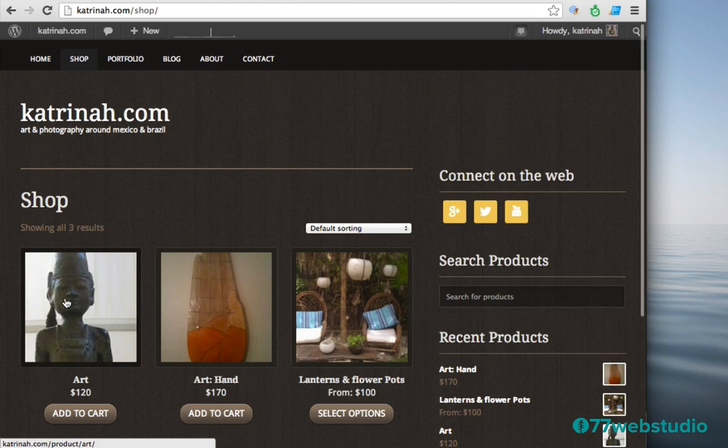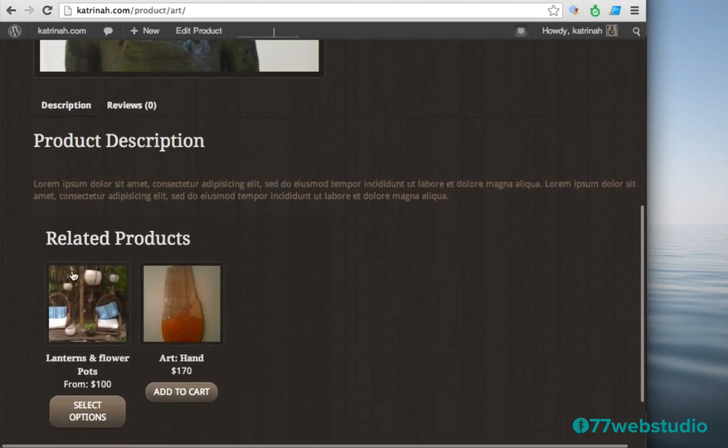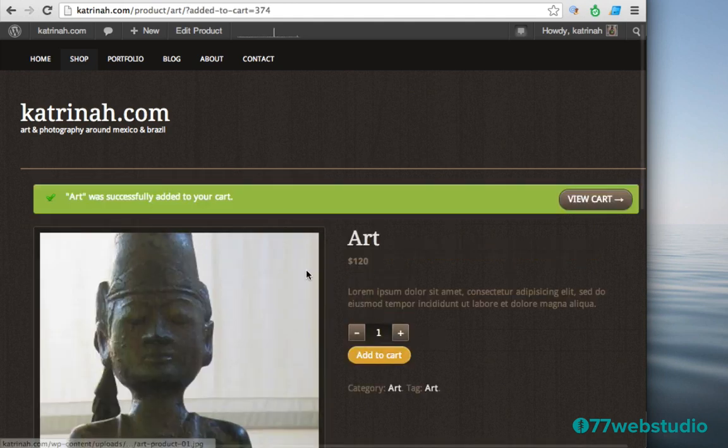When I click on one of these items, here we have the item and there are some related products down below. Now I'm going to show you what happens when we go through the process of adding this product to our cart. So I'm going to click on Add to Cart. And here we see we have our cart. Now note this is green. As I mentioned when I was starting the video, I'm not so fond of this green color because it doesn't really match. So let's go ahead and inspect the element and change this color.